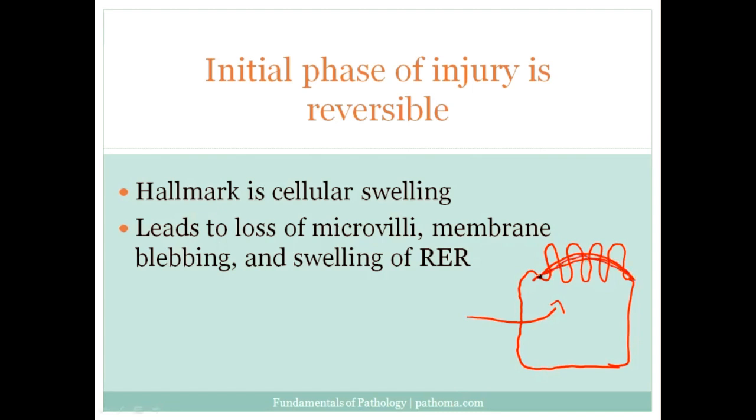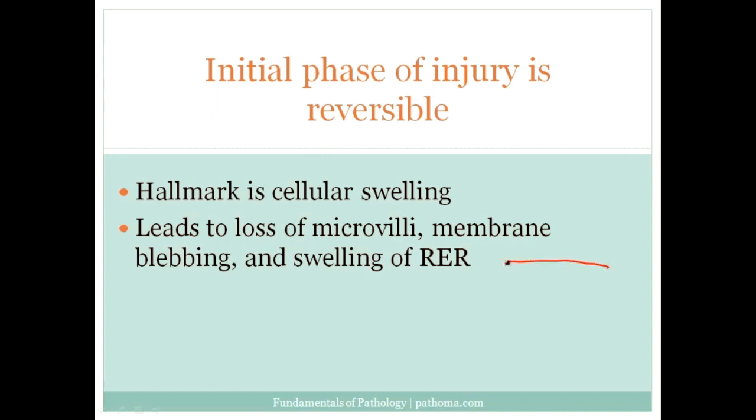It's sort of like taking a hospital glove or a medical examiner's glove and blowing it up, and the fingers will disappear as you put more air into the glove. So as you put more water into the cell, these fingers on the surface of the cell are going to disappear. So that's why one of the hallmarks of reversible injury is loss of microvilli. Most textbooks will tell you, and examinations will ask you, about the loss of microvilli. Another important feature of reversible injury, it again goes back to cellular swelling, is membrane blebbing.